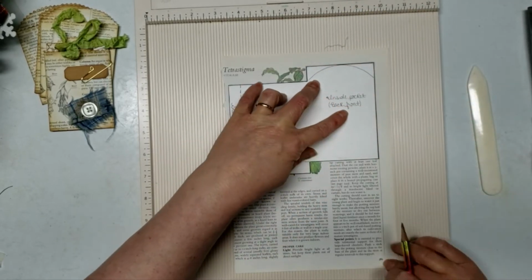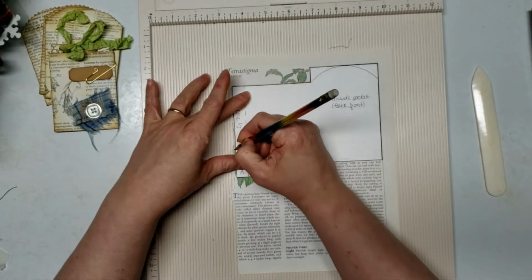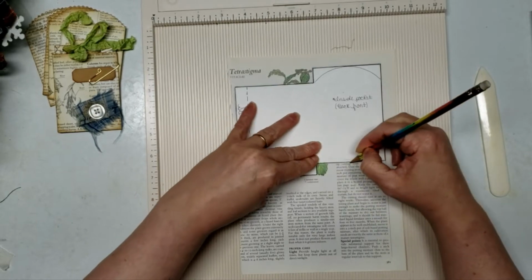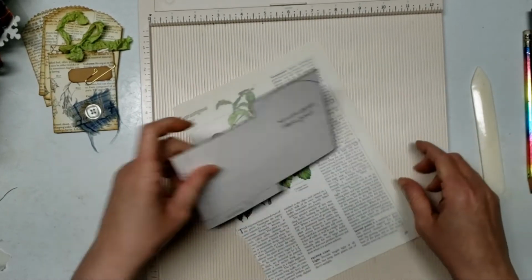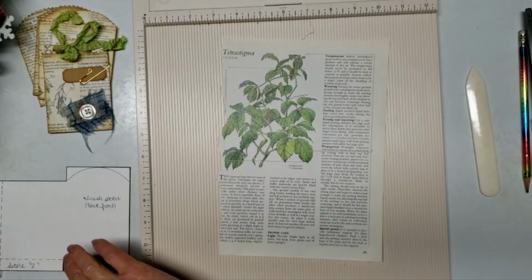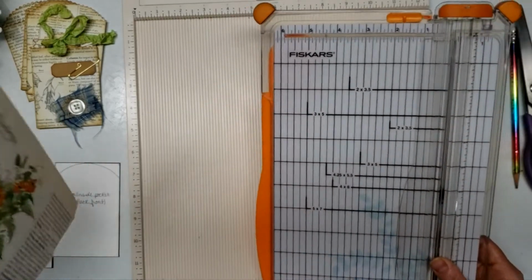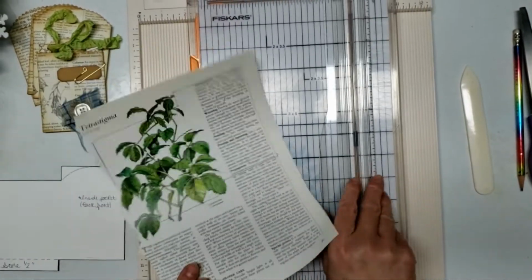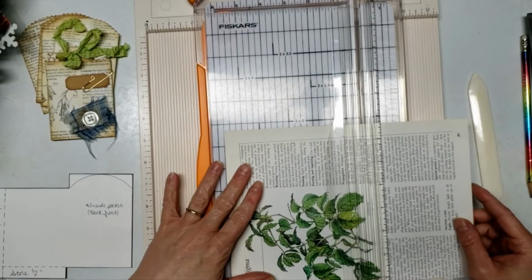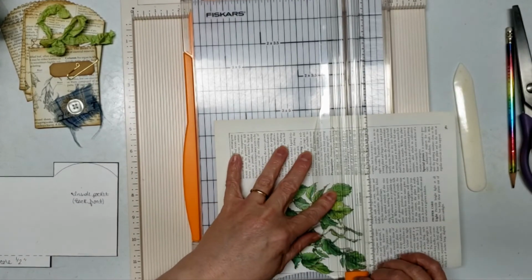And because there's a line right here, I'm not going to bother tracing a line. There we go. So I traced it on there, and then what I'm going to do is I'm just going to cut a rectangle out. So I'm going to bring my paper cutter here, and so I would suggest just cutting the rectangle. It's a lot easier because